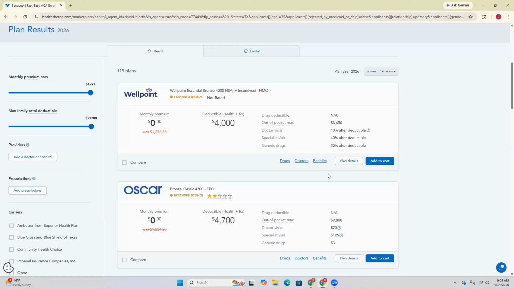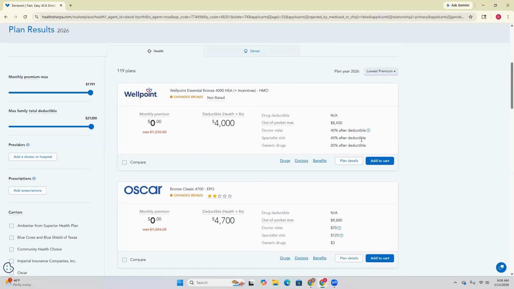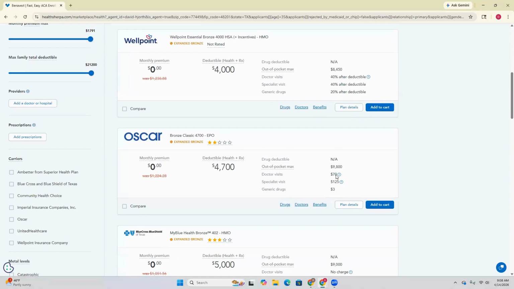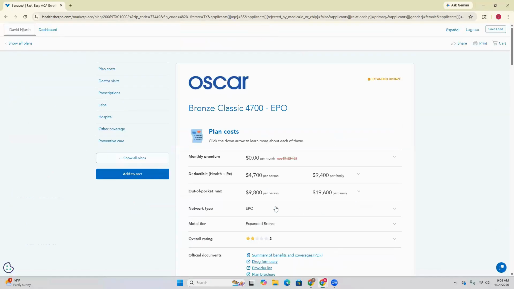So for the sake of a plan like this, I typically don't recommend these plans to individuals. I like plans that have day one copays for the predictable nature of, if I were to go to the doctor the day the plan goes effective, that's going to be my office visit copay. Can these plans still be a good solution for some? They can, but I just want you to be aware, anything after deductible means this plan has to hit that first. Anything that does not have an after deductible means, obviously, those are day one copays. Now, if you want to get into a little more of the details, or if you're doing a screen share, you're meeting with a client in person, a great way to visualize this